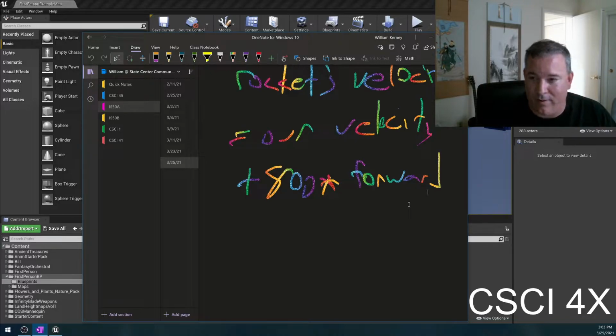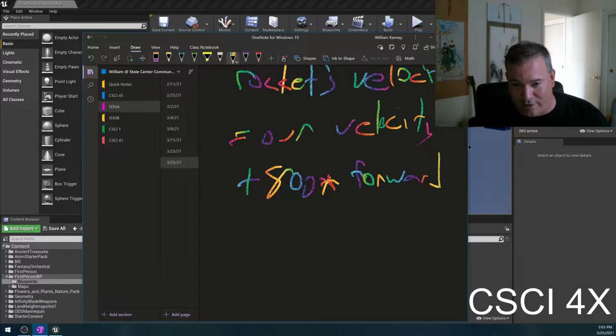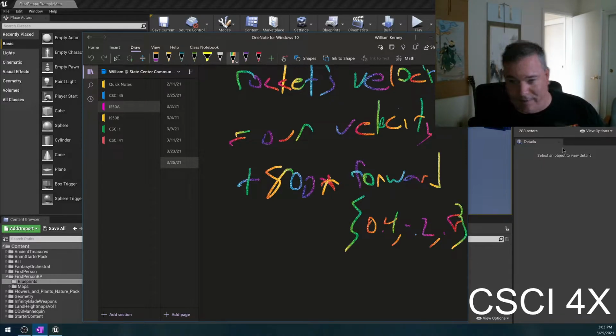800 times the forward vector. The forward vector is a direction. It's whatever direction we're looking along the different axes: 0.4, negative 0.2, 0.8, whatever. So that's the direction that it's looking. We take whatever direction we're looking, multiply by 800, and then that's